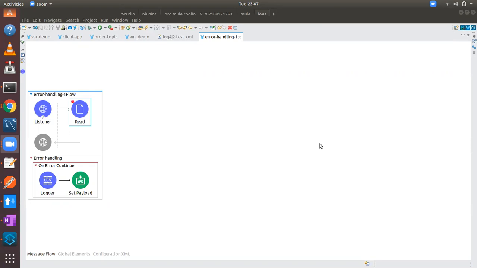Okay, you want to continue when they attend, right? Then all right, we will see the next steps tomorrow. I brushed up to this point, and from this point, everything is very important. You have to have a thorough understanding of the error handling section, what on error continue and on error propagate will do, and how the message comes from here to here. Those are very important.